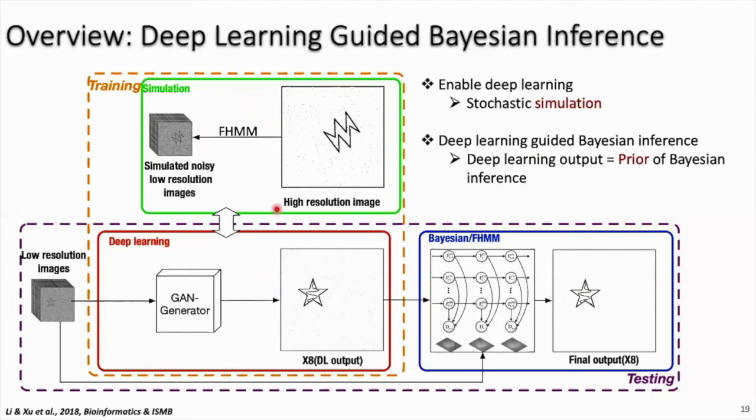Given the known high-resolution structure images, the simulator can generate a large amount of simulated noisy low-resolution time series images. And then the known high-resolution structure images can be the training target for deep learning model, while simulated low-resolution images can be the input for the deep learning model. So by training the deep learning model in this reverse order, we are hoping the trained deep learning model can reverse the mathematical modeling behind the simulator and thus reverse the physical process in the original problem.